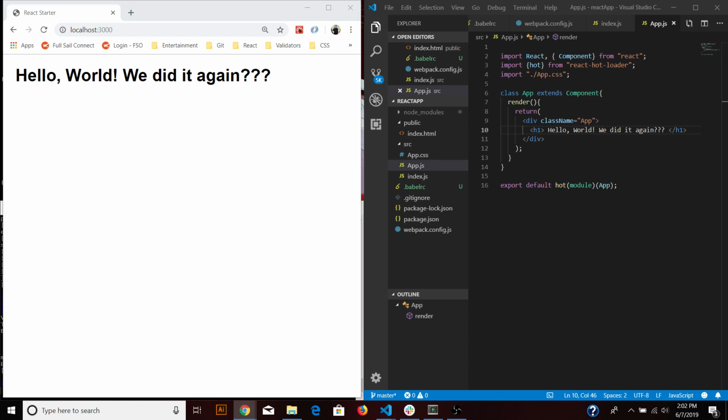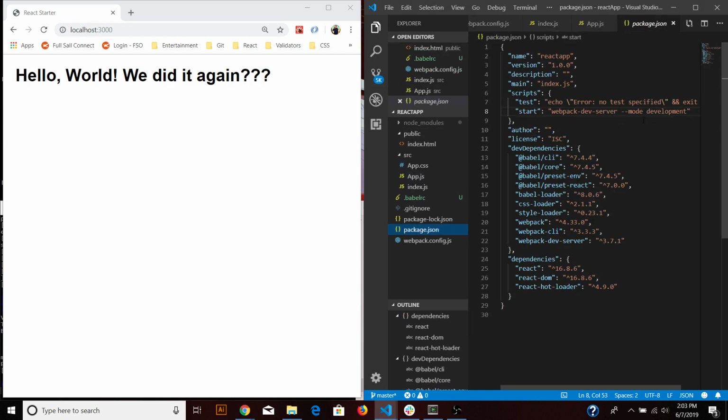So that's basically it for creating a React app from scratch. You need Babel and Webpack to handle all the loading processes, and you need to incorporate some React, like React Hot Loader, React, and React DOM. And then there's one more thing that you can add to the package JSON,